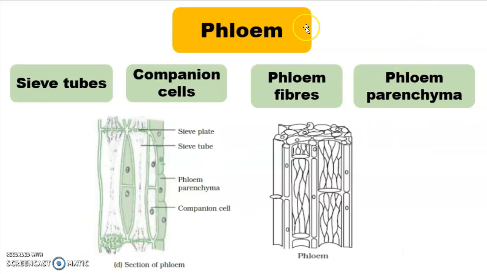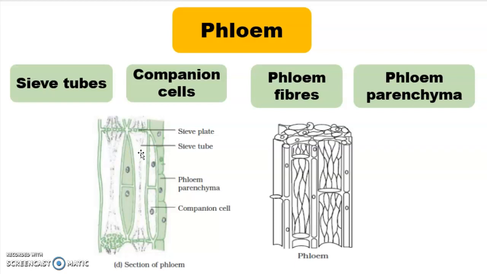Now if we talk about the phloem, it is made up of four elements: sieve tubes, companion cells, phloem fiber, and phloem parenchyma. Basically, sieve tubes are tubular cells with perforated walls. You can see the sieve tube, which has a perforated wall, and phloem is unlike xylem in that material can move in